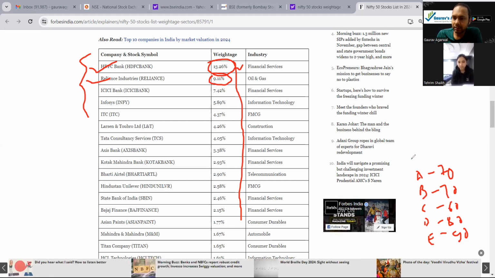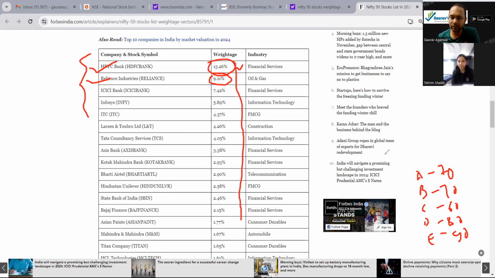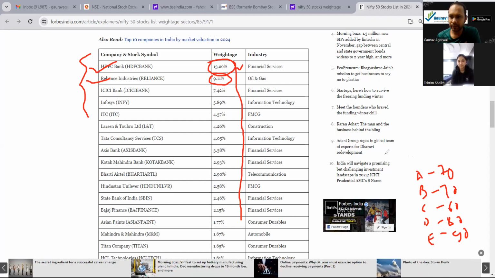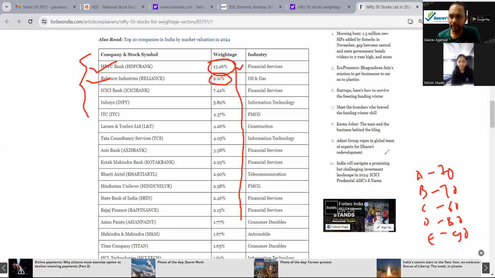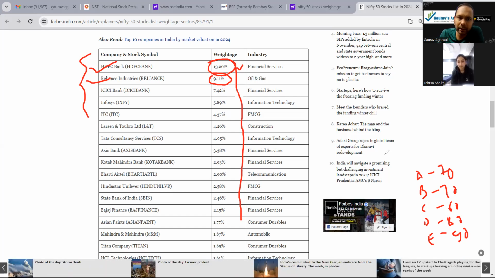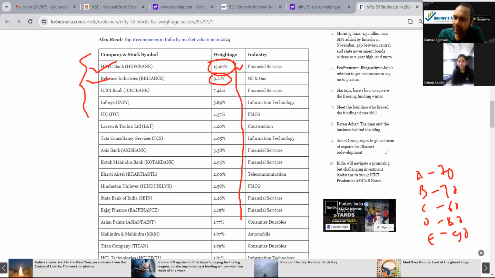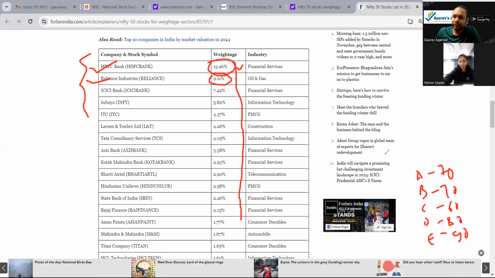Understand? Any doubt in this? No, sir. Is it clear? It is important that you should be clear about this. Any doubt in this? Fine. So this is clear, right? Nifty 50 has 50 stocks and they have these kinds of weightages. This is just for your information. You should know this, right? Fine. Okay.